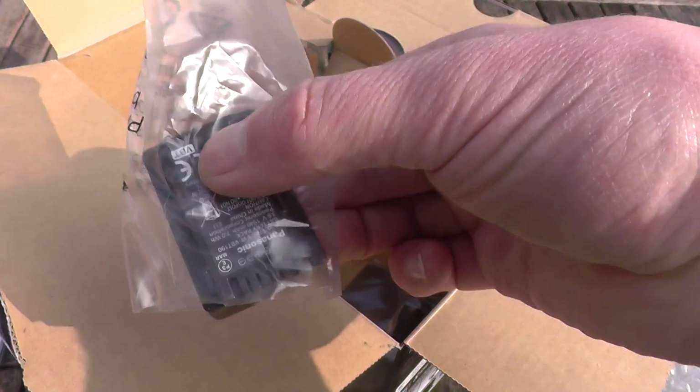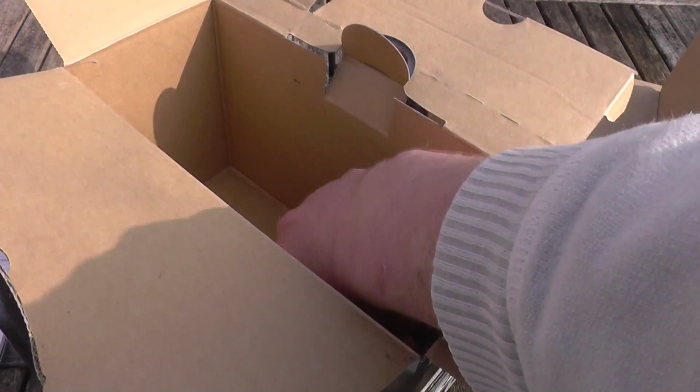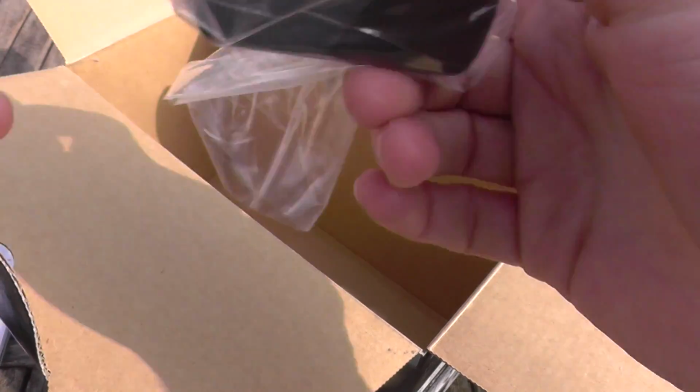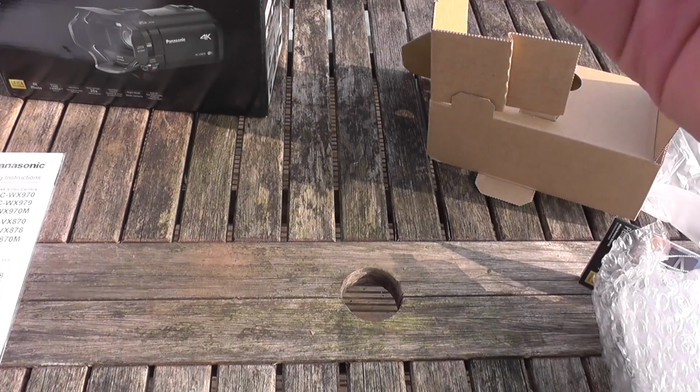Battery. And charger. Actually that's a plug. Right, okay. And the